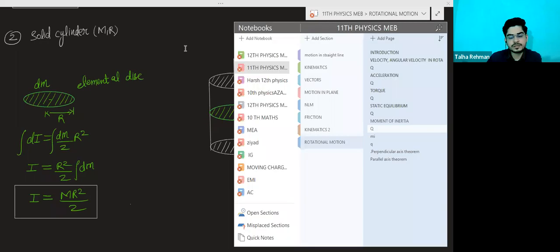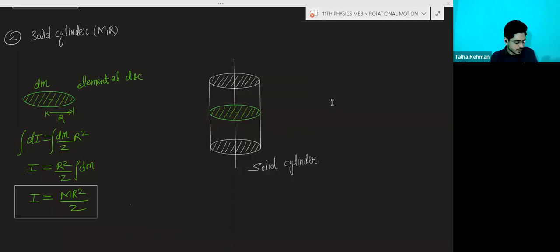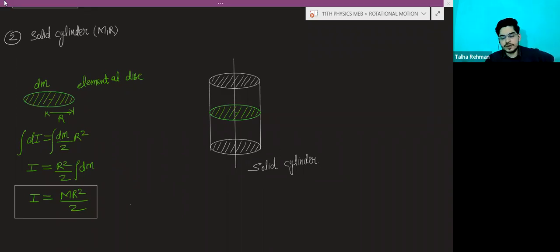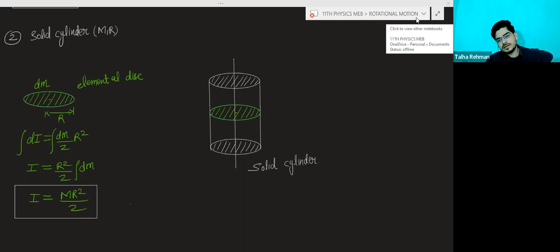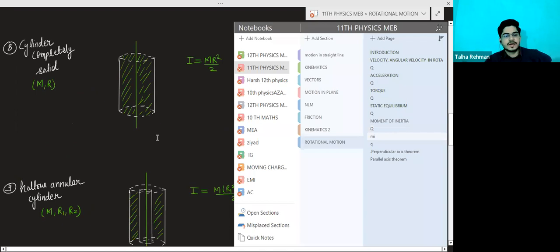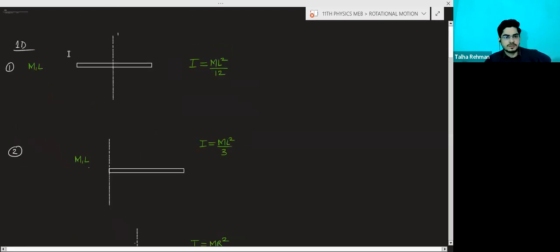Now I have written the moments of inertia of some objects. It will be a recap and also some additional ones, and I think those moments of inertia are important and can be used. You can write them one by one. In one dimension, we have a rod. About this axis, the moment of inertia is